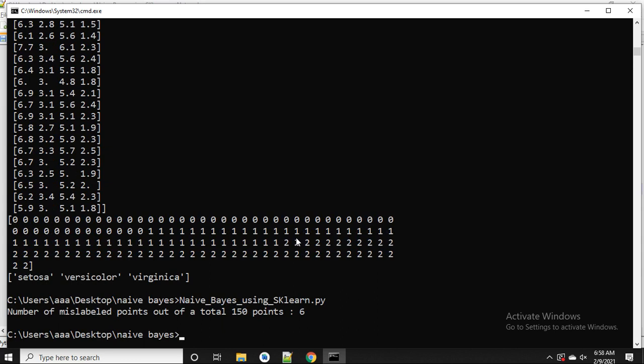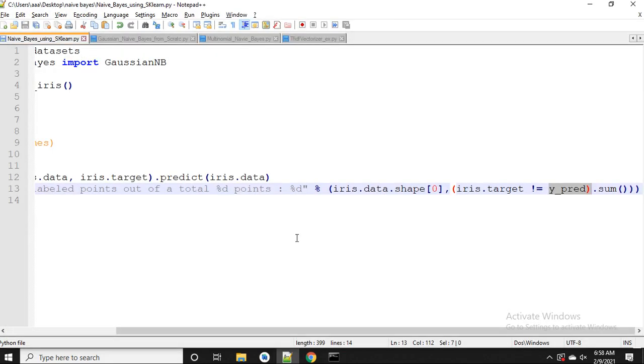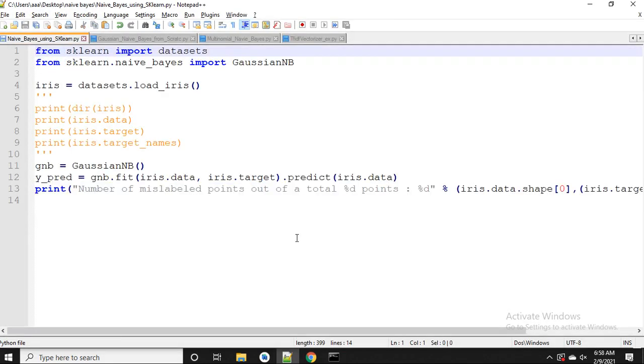Okay, from 150 points, 6 points are mislabeled. Okay, 6 points are mislabeled. So मैंने total मेरे पास जितना डेटा था जो हमने ट्रेनिंग के लिए यूज किया उसको टेस्टिंग के लिए यूज किया. For the simplicity, आप इसको split कर सकते हो as per your requirement, like 80 and 20%, 80% for training, 20% for testing, अथवा 67%, 33%. Okay, जो हम लास्ट सेशन में किया था.